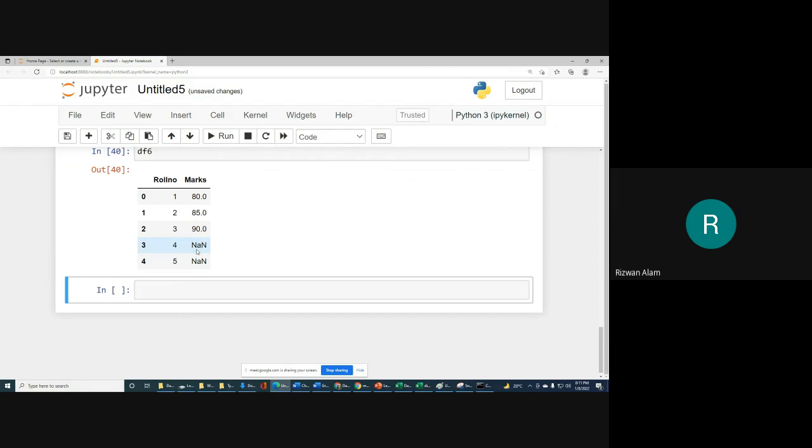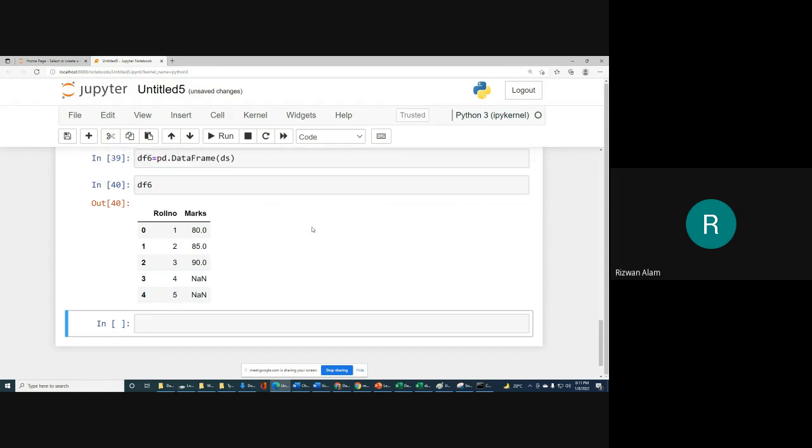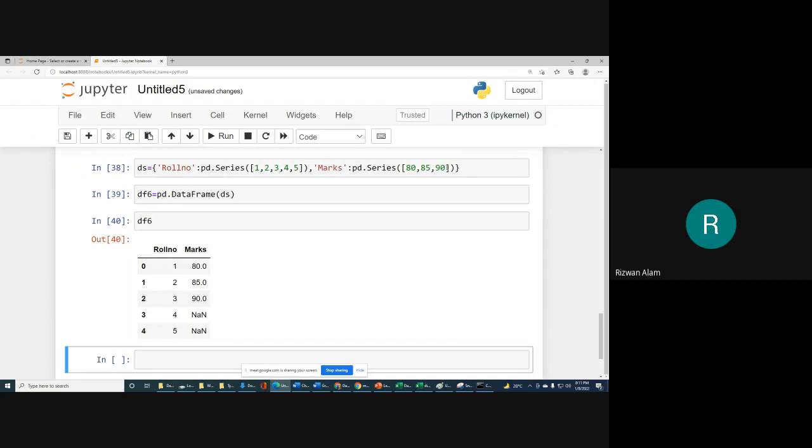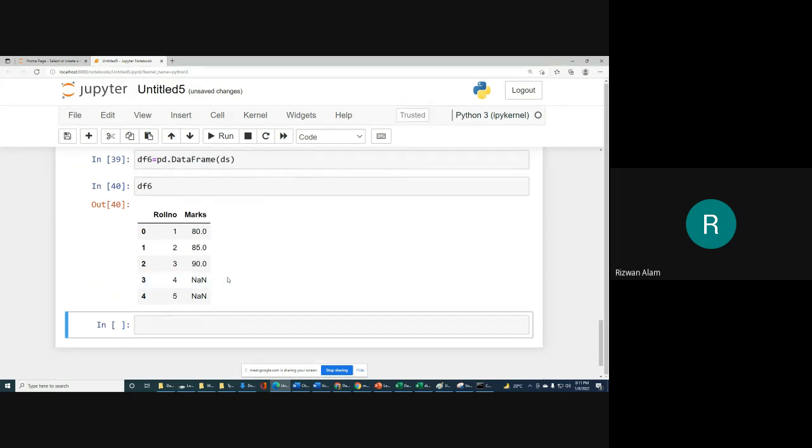What we are getting is NaN, not a number. Not a number simply means a float may be there, but we don't have a number. It means it is a missing value. It will simply represent a missing value. We have to keep in mind that if you are not going to provide any value, that will be treated as a missing value, and for that it will automatically store NaN, which means not a